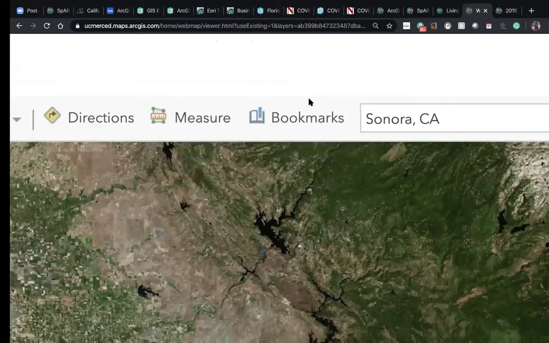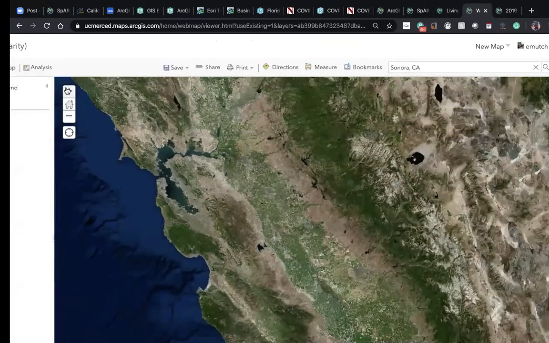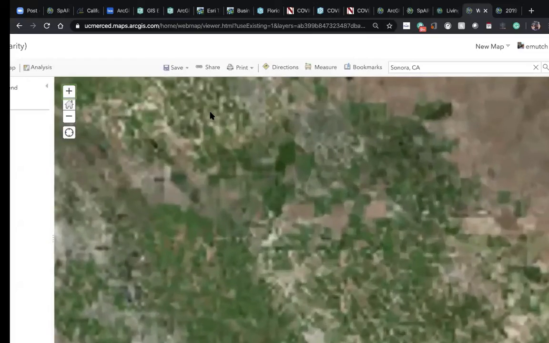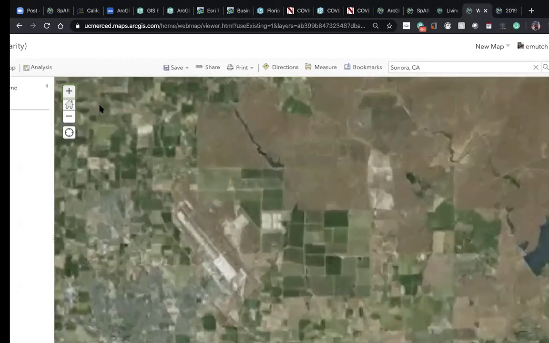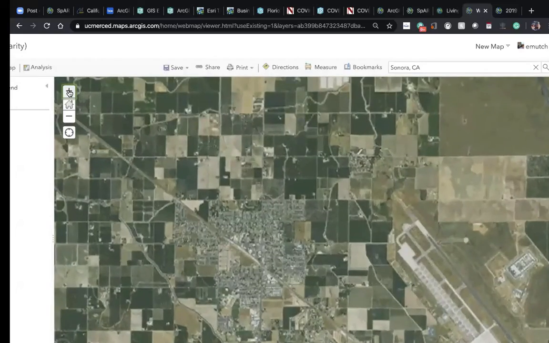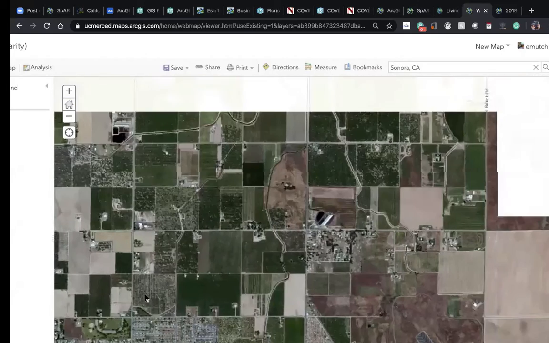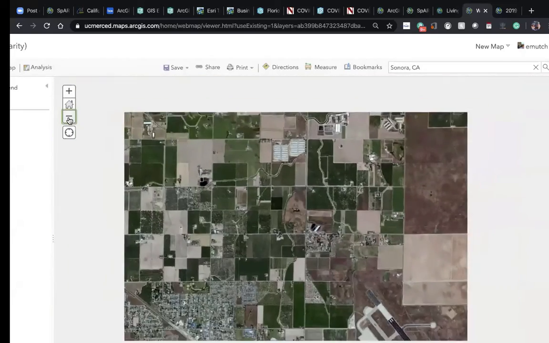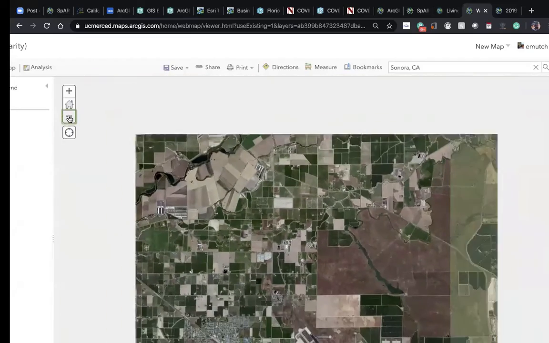And I'm trying to get out of here. Okay. I can zoom in, see how good the imagery is. Someone's probably thinking right now without chatting, well, can I load my own images up here? It's possible. We aren't perfect at it by any means, and that's one of the things that I'm going to